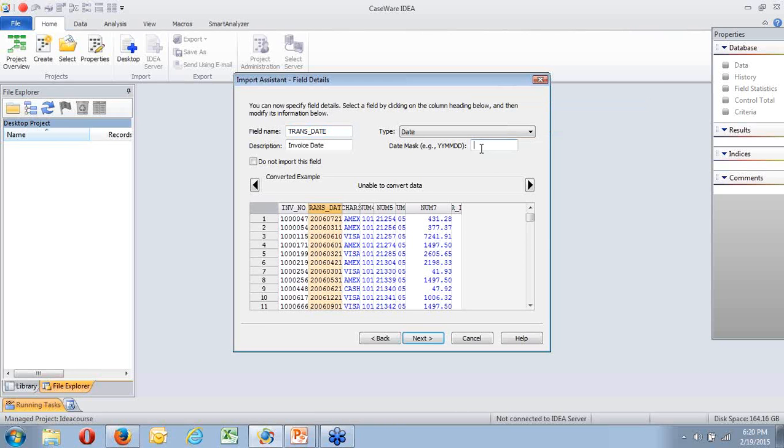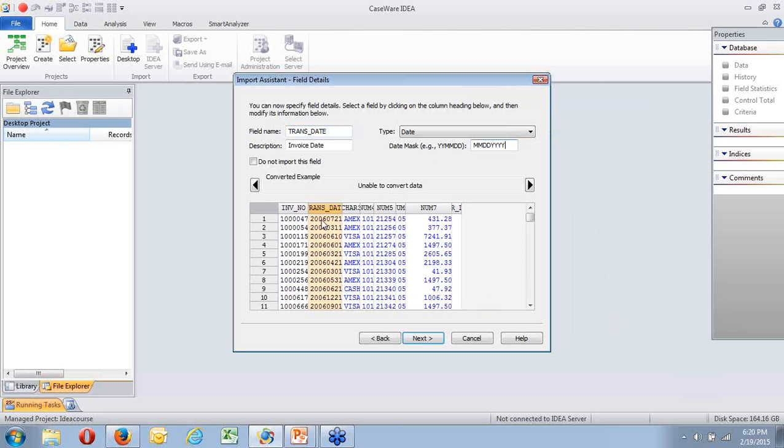Okay, so the date we know just looking at the screen is 4 years, 2 months, 2 days. And you can see on there, there's my converted example. If I did that differently, if I took that out and said by mistake, this is month, month, year, year, 4 days. So month, month, let me try that again, day, day, 4 years. It's going to tell me I can't convert the data because that's not what that looks like.